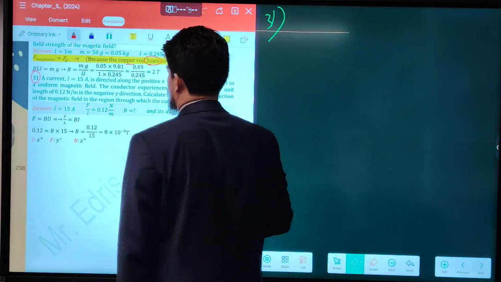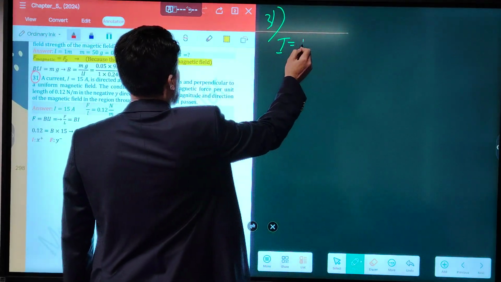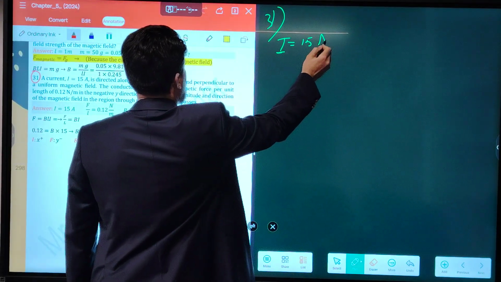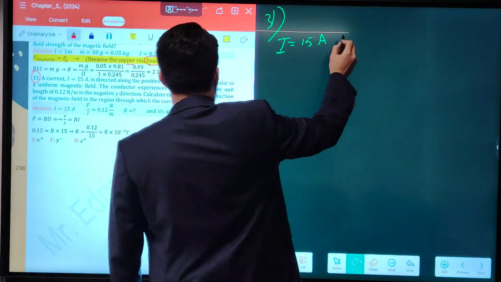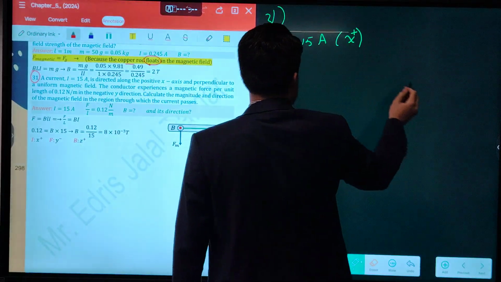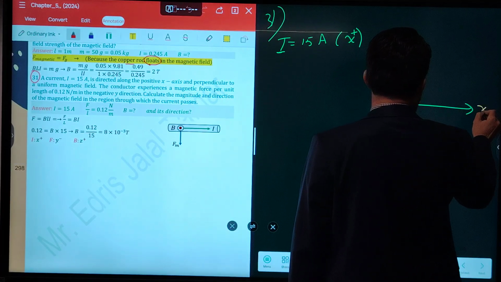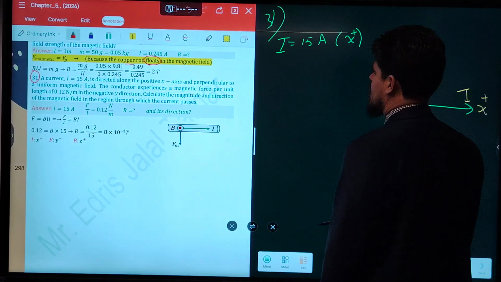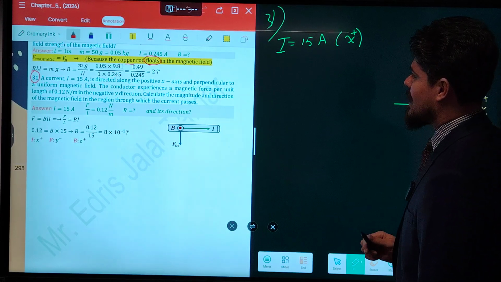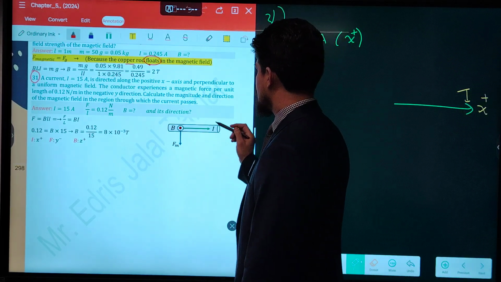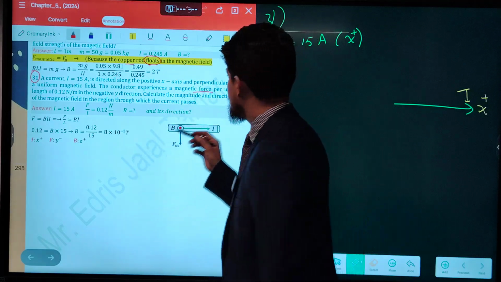Very good question and very nice question. Be careful. The amount of current is 15 ampere, directed along positive X. This is the direction of the current, perpendicular to the uniform magnetic field. The conductor experiences a magnetic force per unit length. What do you mean by magnetic force per unit length? It means that